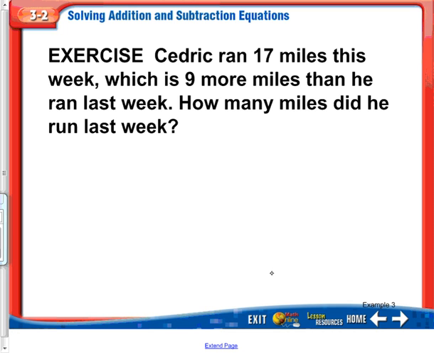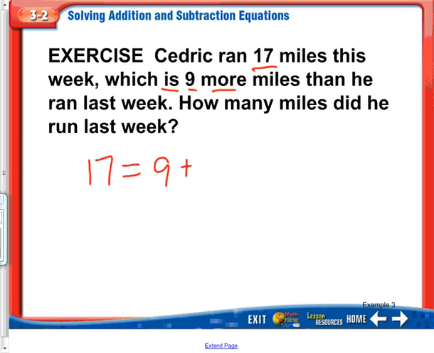Another word problem. Cedric ran 17 miles this week, which is 9 more miles than he ran last week. How many miles did he run last week? So, again, the first number I see in the problem is a 17, so I can write 17. And then I see the word is, so I'm going to write an equal sign. And then it's 9